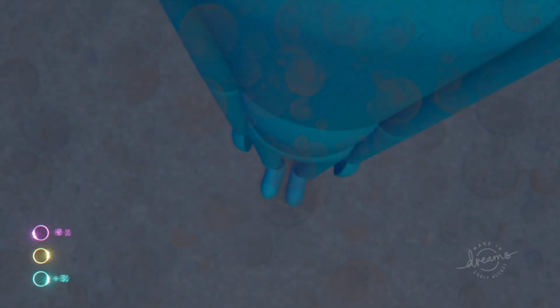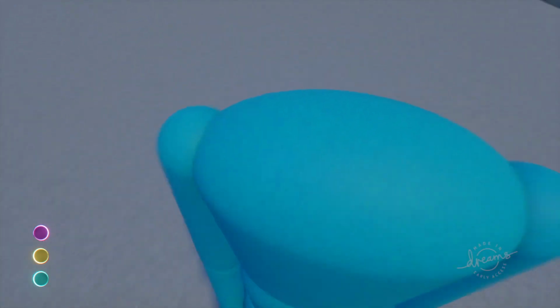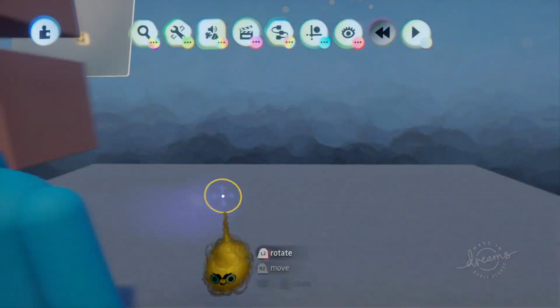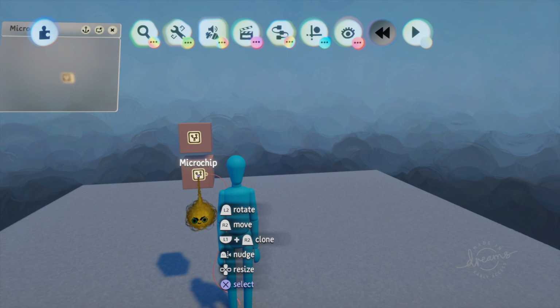The only issue we have is if you die and then respawn, this can happen sometimes. Like, say I look at, oh, what the hell happened there? Alright, so the way you fix this should be fairly easy. So what we do is go into